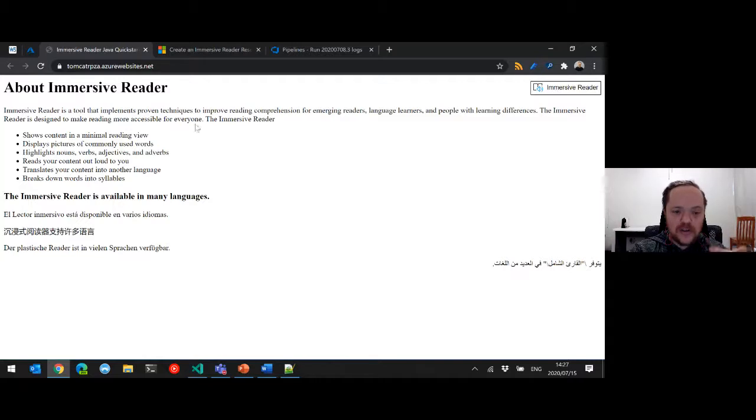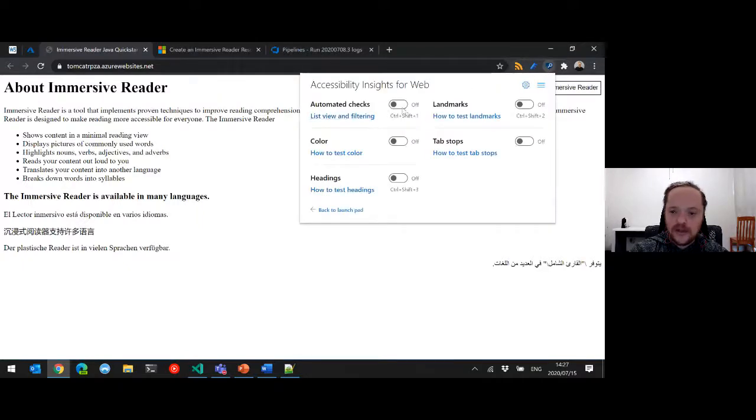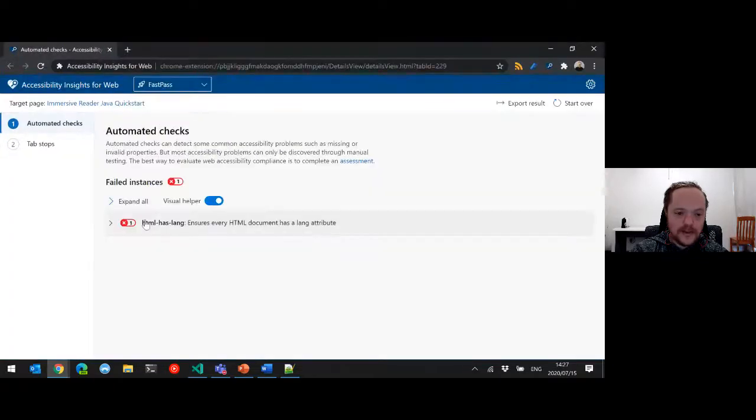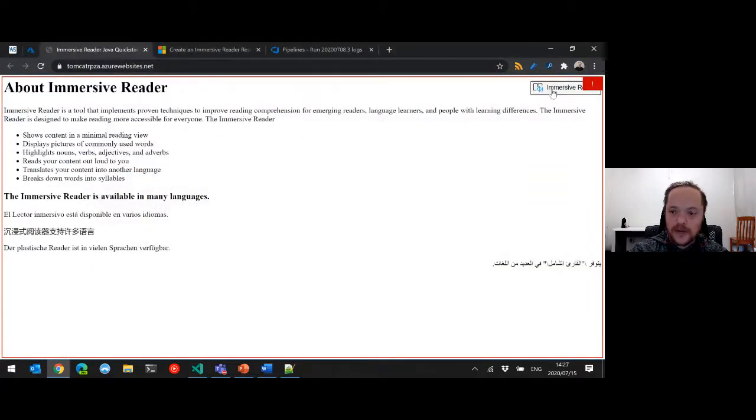Now, this is not necessarily accessible. So if I click here, let's do the fast pass here and see what problems it has. Yeah, it says here, HTML is lacking its shares, so it's not actually accessible. So it's not accessible over there. But let's click on our Immersive Reader,